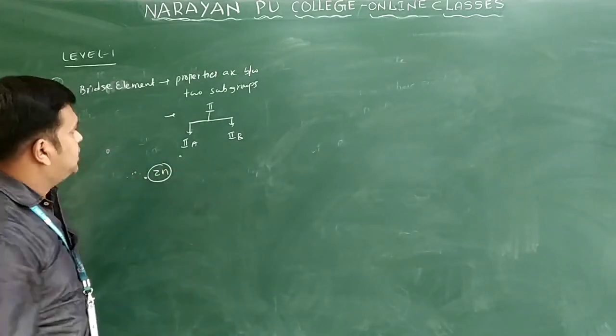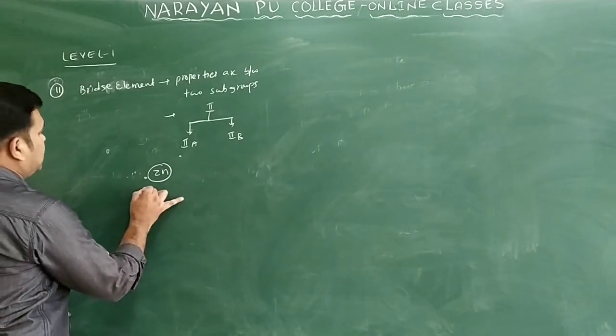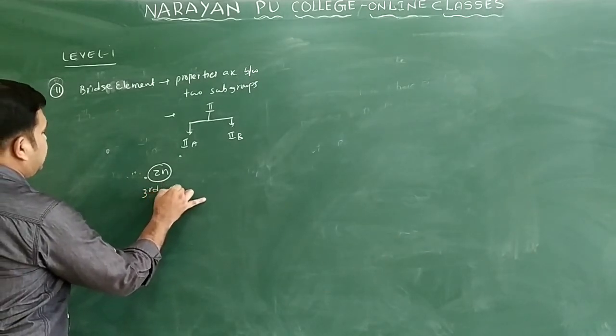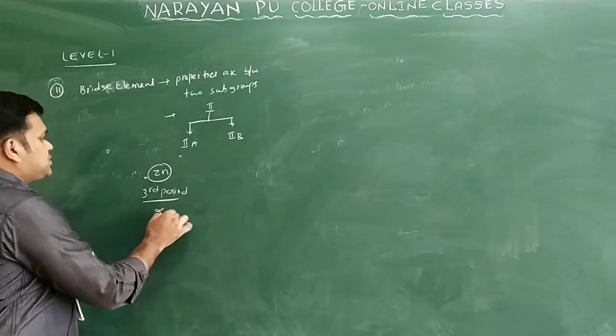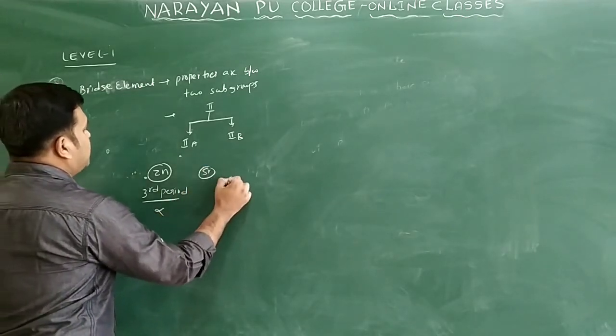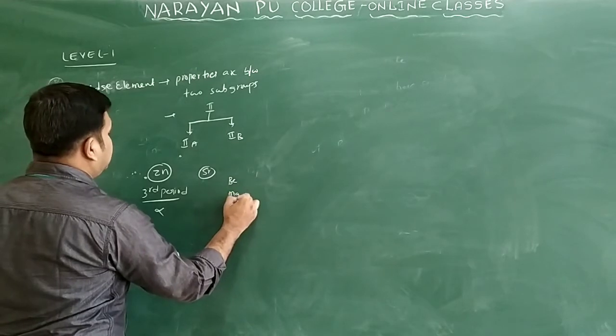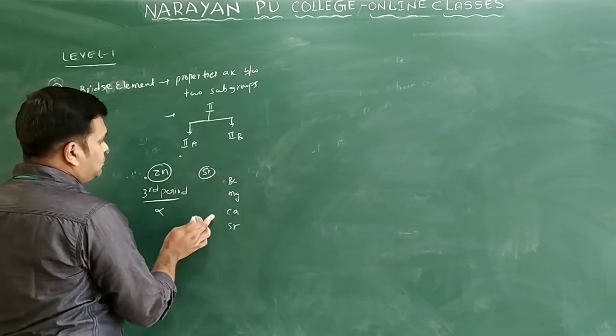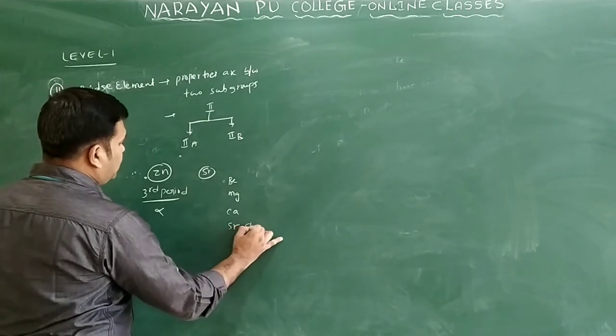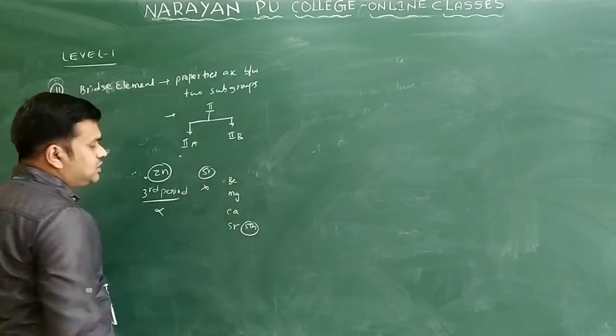Generally zinc belongs to the fourth period, it is not right. Then strontium: beryllium, magnesium, calcium, strontium are second, third, fourth, and it comes under the fifth period. So this is also wrong.